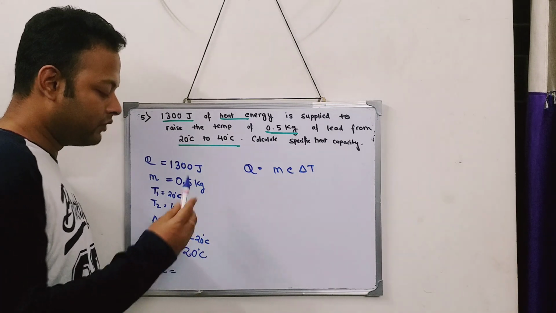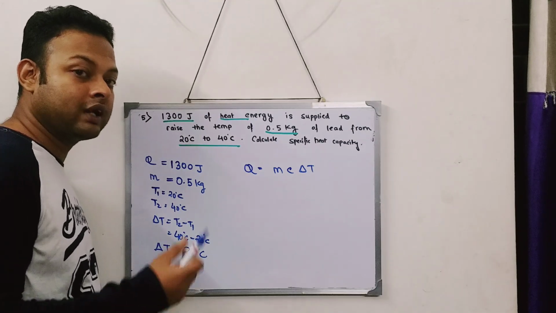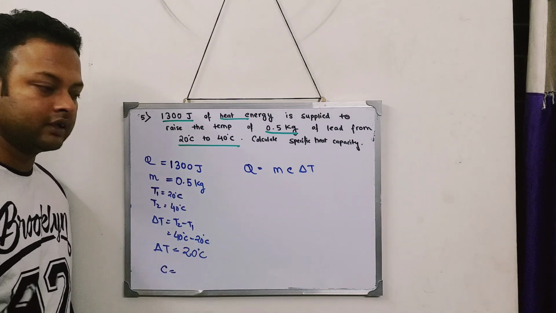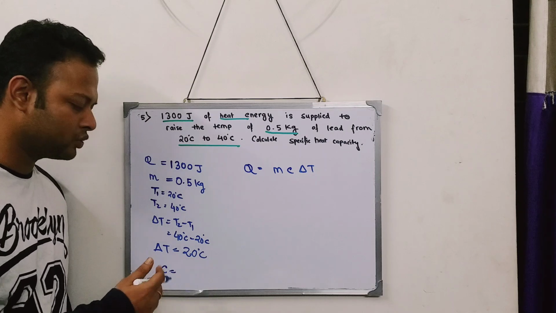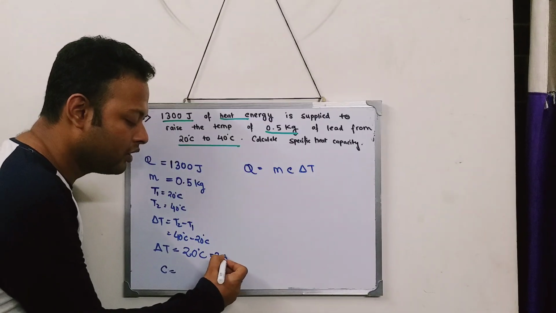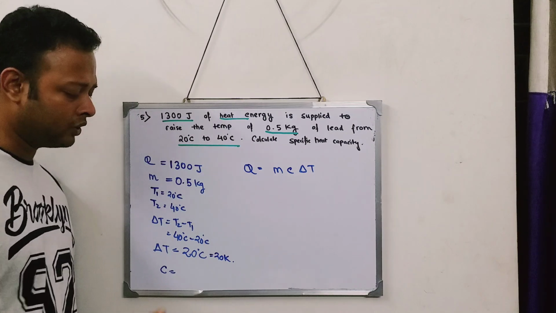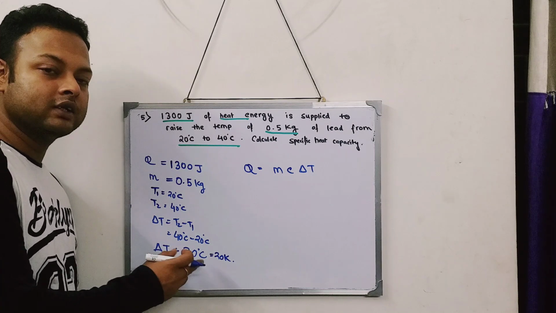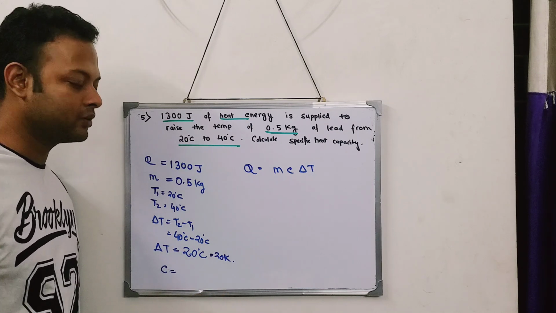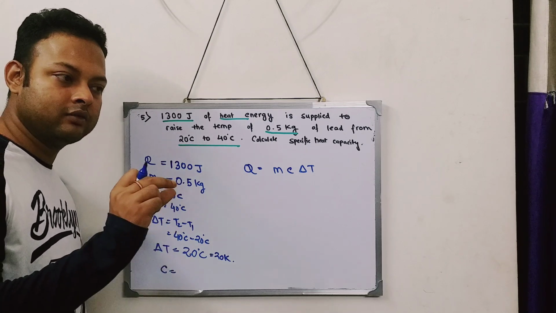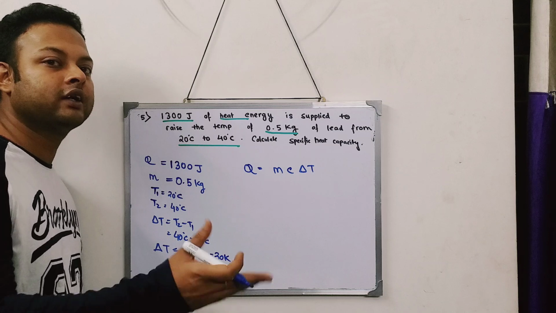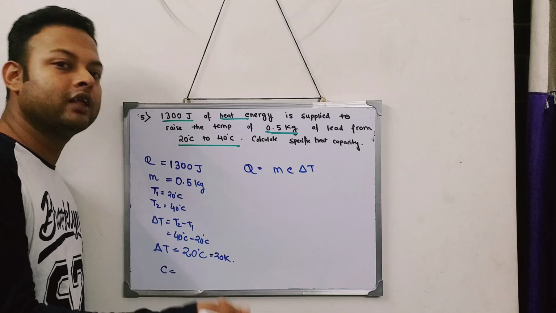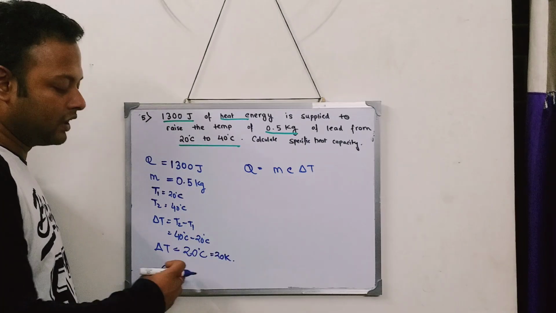Now firstly, before doing the sum, are all of them in SI unit? That part also you have to check. Joule is SI, kg is SI, and degree centigrade, that is also SI, because 20 degrees centigrade is equal to 20 Kelvin. So that remains the same. Whether you get delta T in centigrade or in Kelvin, that doesn't make any difference, because 1 degree rise in centigrade scale is also 1 degree rise in the Kelvin scale. So this difference of 20 degrees in centigrade scale is also a difference of 20 Kelvin in the Kelvin scale.